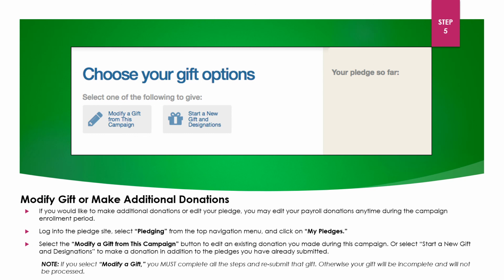Modifying a gift or making additional donations. If you would like to make additional donations or edit your pledge, you may edit your payroll donations anytime during the campaign enrollment period. Just log into the pledge site, select Pledging from the top navigation menu, and click on My Pledges. Select the Modify a Gift from this campaign button to edit an existing donation you made during this